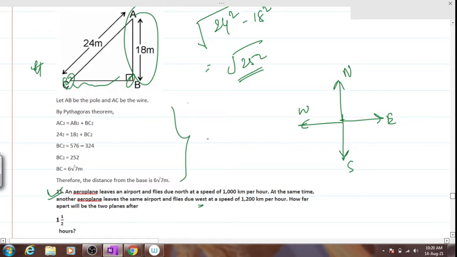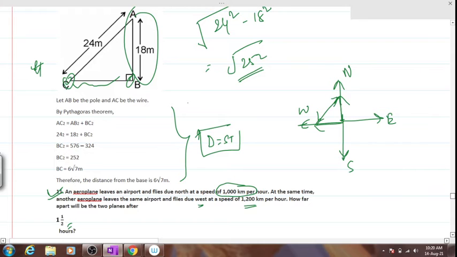First of all, out here you have to use the formula distance is equal to speed into time. Clear? 100 km per hour speed given. Another airplane leaves the same place due west. One airplane goes out here and the other airplane goes out here. Clear? Now the other airplane's speed is 1200 kilometer per hour. How far the planes are apart after 1.5 hours? We are asked to calculate this distance.